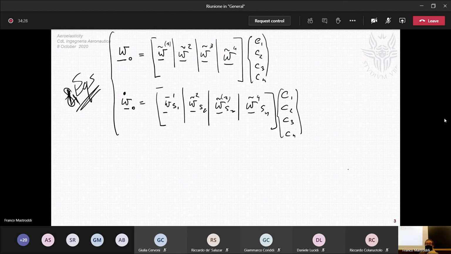So you can recast this system as a linear system of type, for example, like this,